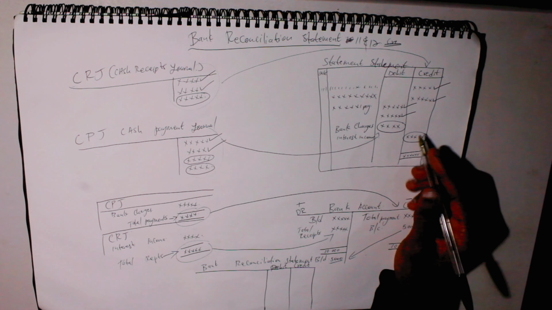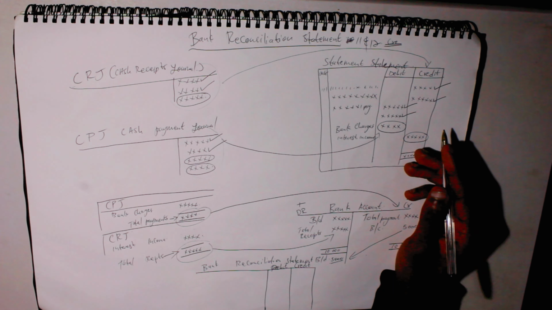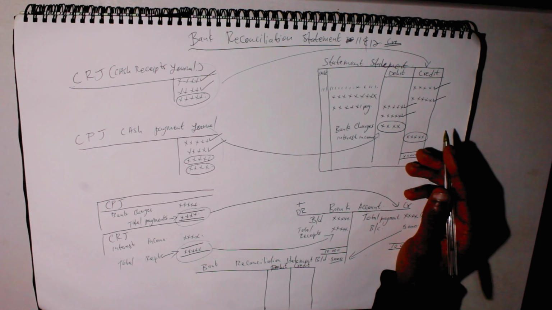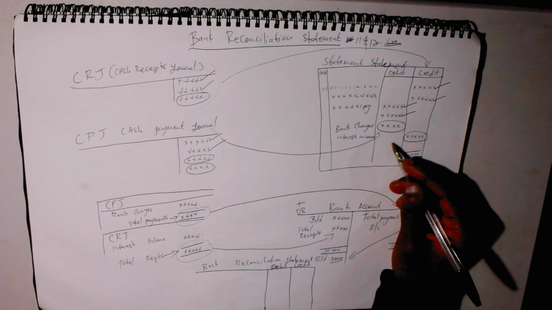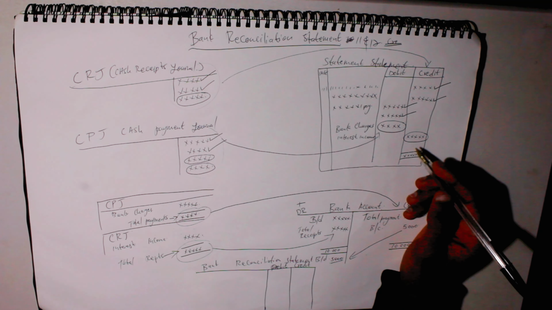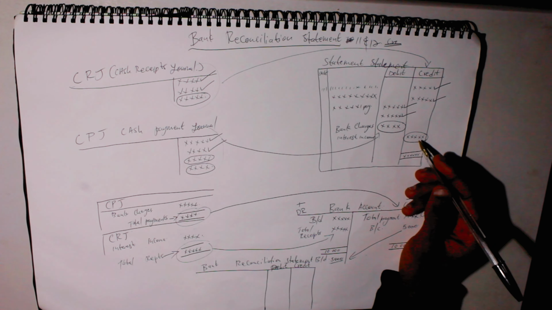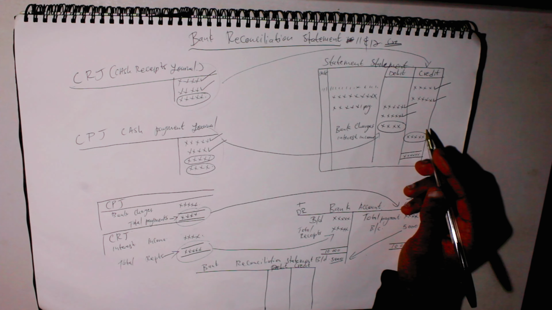This is the bank statement. To the bank, we are a liability. Every time they have our money, it's like they are holding our money. It's their liability to them. Every time money goes out, they decrease their liability. Therefore, that is the reason why on your bank statement, the amount will reflect on the credit side every time